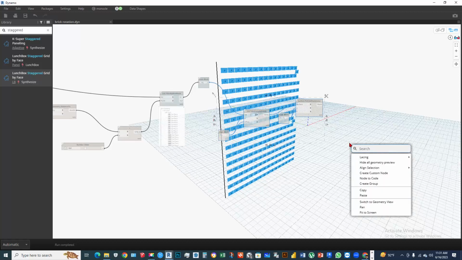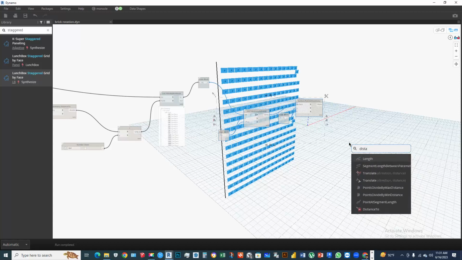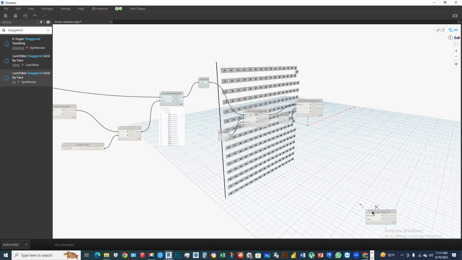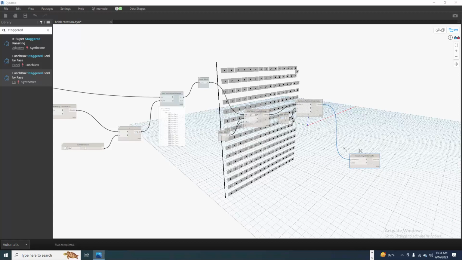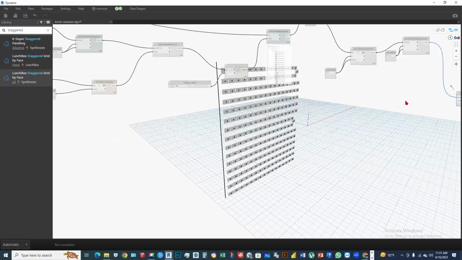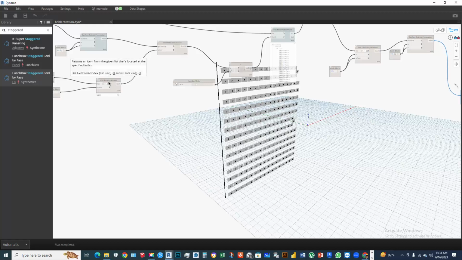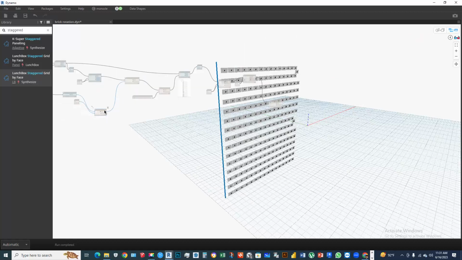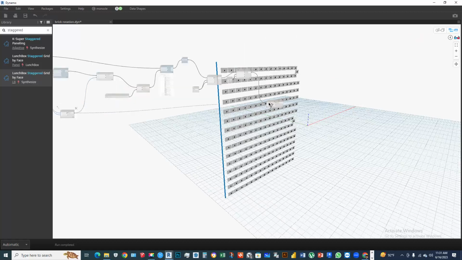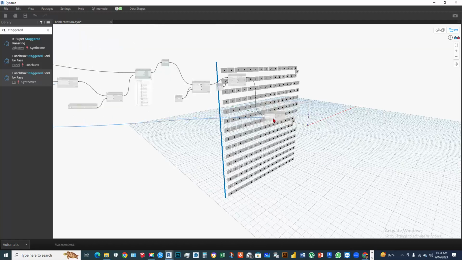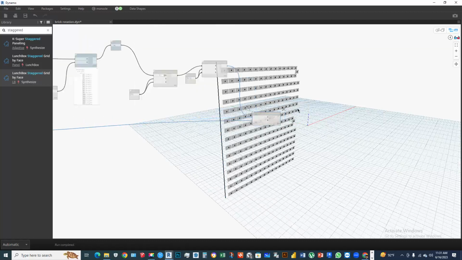Right click on the screen, the distance to, and connect this point to this geometry, and the other is from this list, get item from index. Okay,